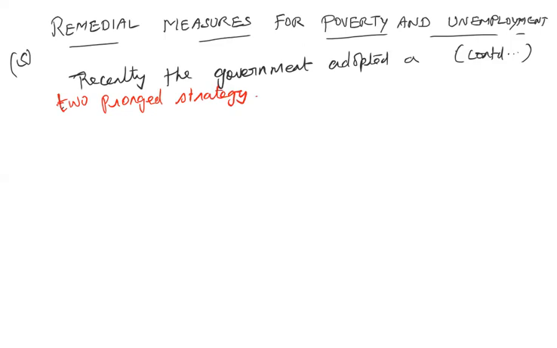So what are those strategies? First one is what the government has to do, the expansion of sectors which promise higher